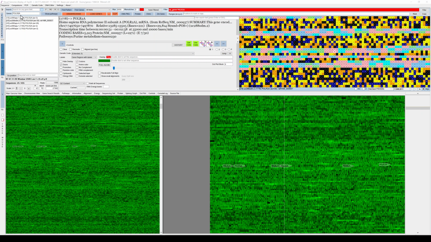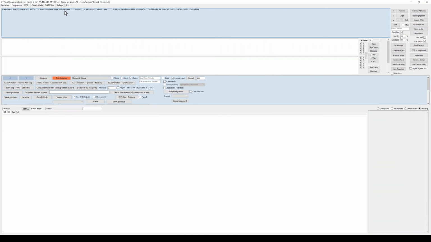It says here, copy the transcript before it's spliced by the spliceosome to clipboard. So if we look at how it looks in this comparisons view, you can see it lists it there, but it has also copied it to the clipboard for you.